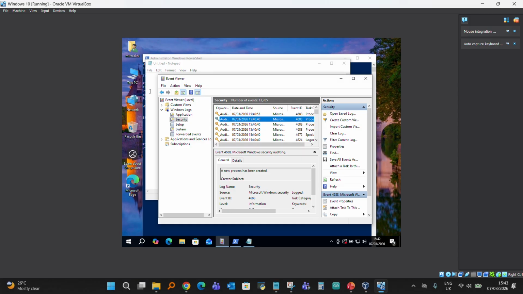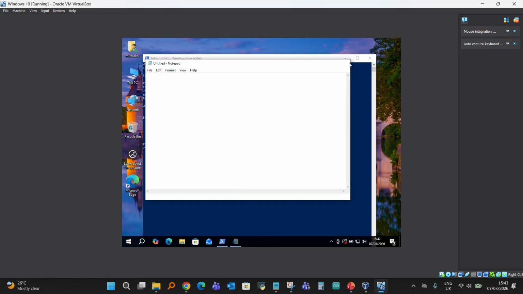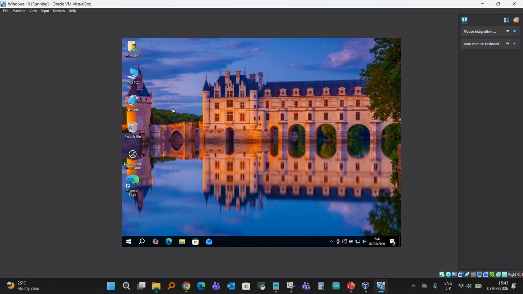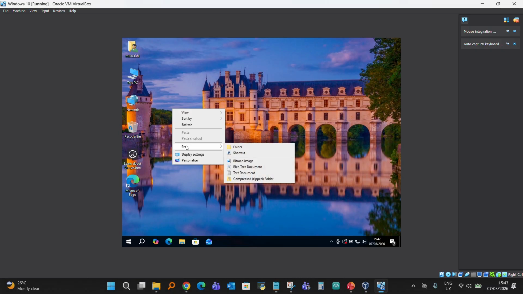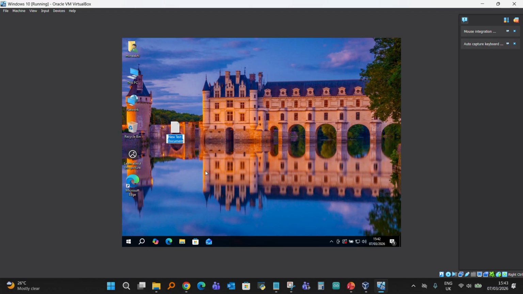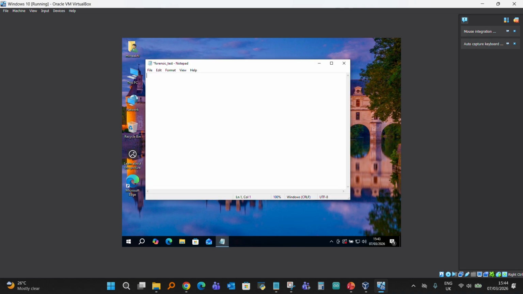So now I will show another artifact, the recycle bin, which is also important. For this, I need to create a file. Right button, then new, and then text document. I'm going to rename it forensic_paste. This is a text file. So inside the text file, I will type